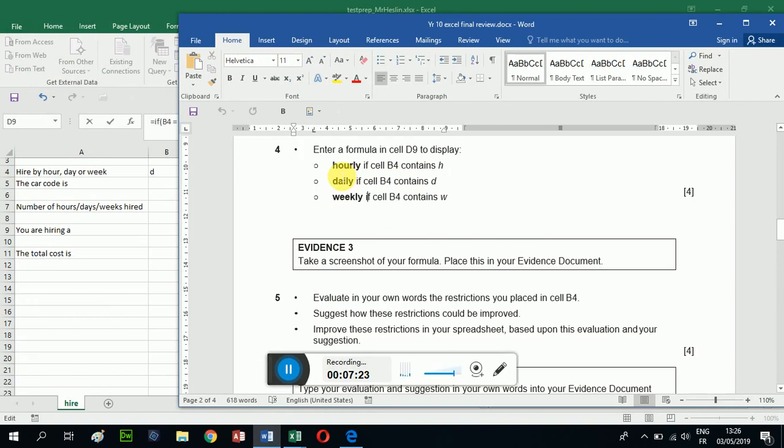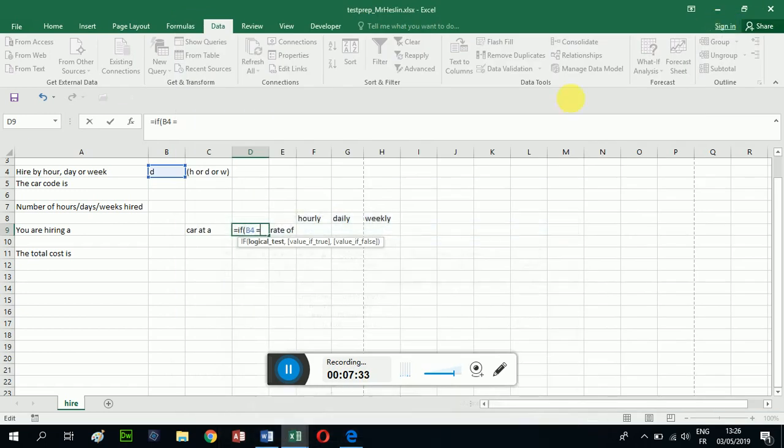So my first one is if B4 equals H, then it will say hourly. If it's D, it will say daily. If it is W, it will say weekly. So let's go back to that. If B4 equals H, then my value will be,